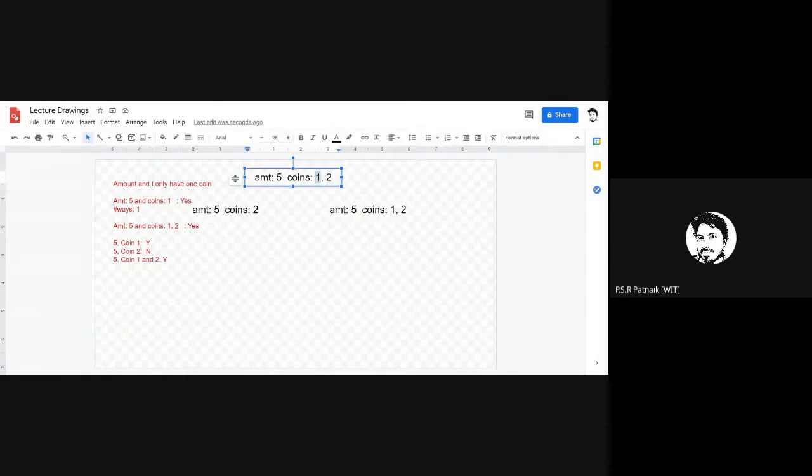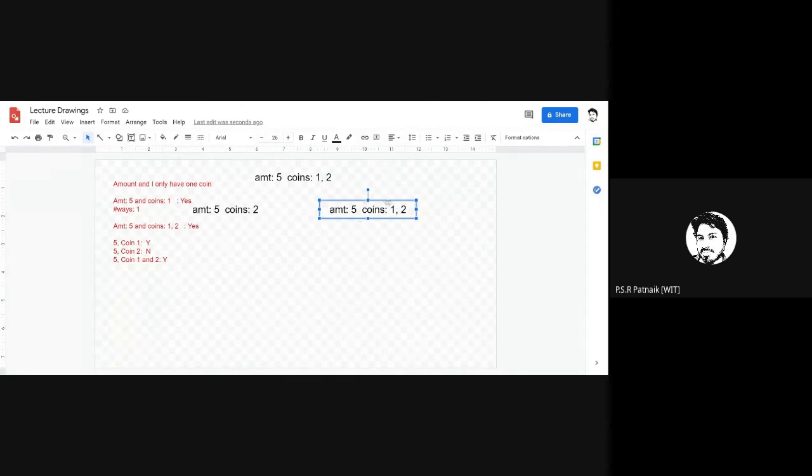So when you consider the first coin you have, there are 2 possibilities, whether to use it or not to use it. If you decide not to use this coin, the problem gets converted to this sub problem. What is that? Amount 5, I have to realize by using coin 2. If you have decided that you will use 1, then the problem remains the same as it is, right? Now, this is for the first coin. You have decided that you will use 1, right? Then the problem becomes 1 and 2.